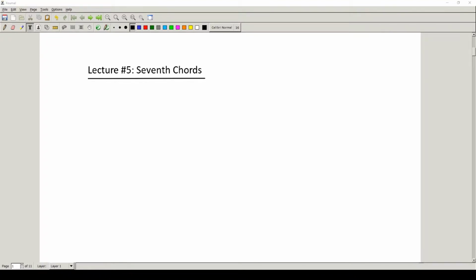Okay, so welcome to Lecture 5 of this series. The goal for today is to talk about seventh chords, since primarily we've been talking about triads so far. We've talked about seventh chords a little bit and scales a good deal in Lecture 4, but I really want